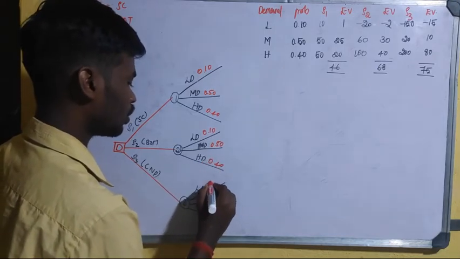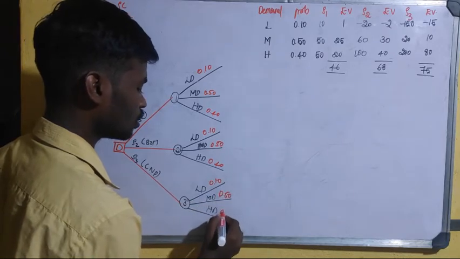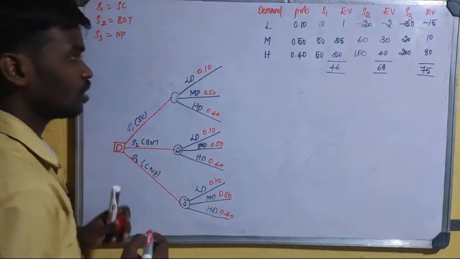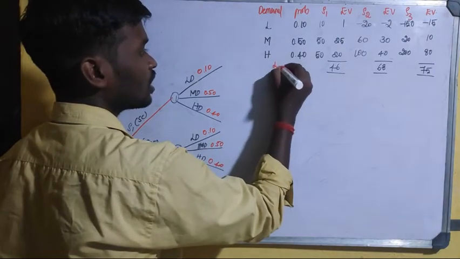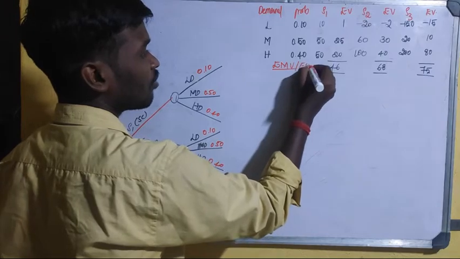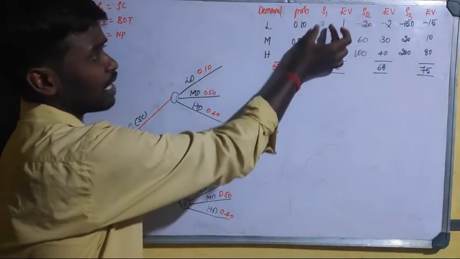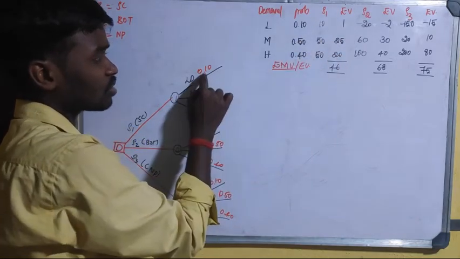So similarly you have to write 0.10, 0.50 and 0.40. Now to compute the expected monetary value,